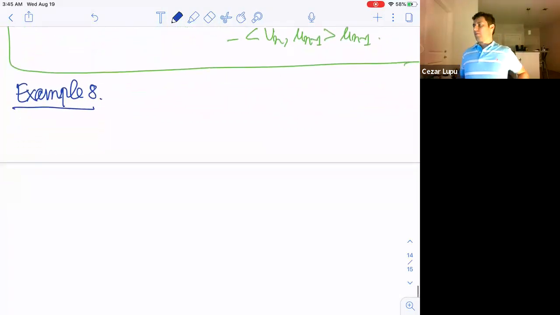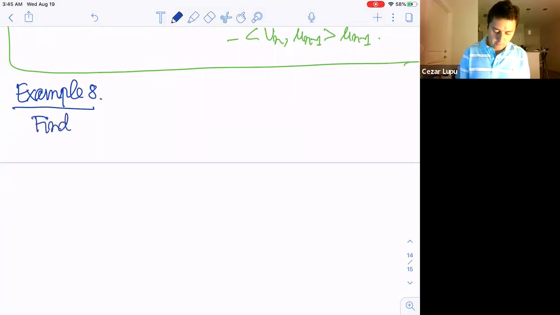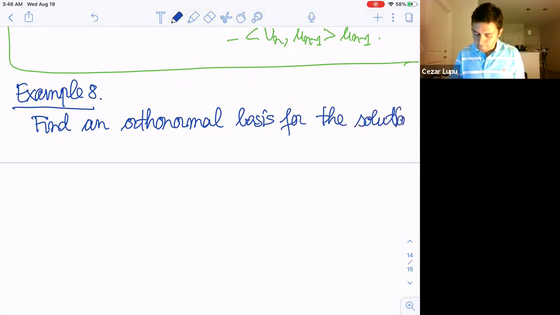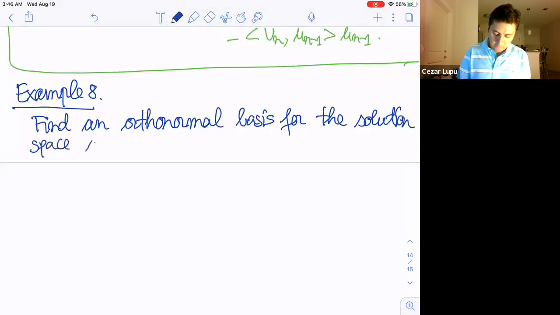This example will be the following. Let's state it in this way. Find an orthonormal basis for the solution space of the homogeneous